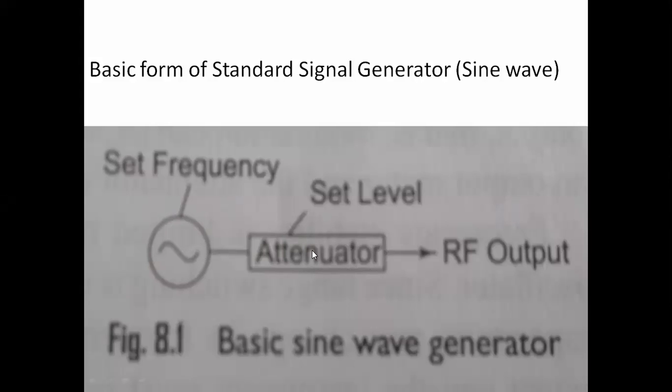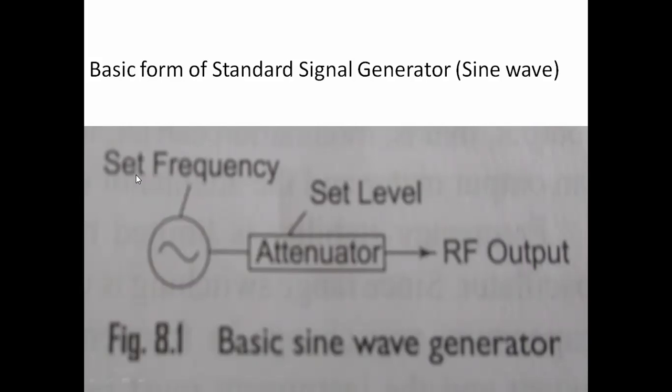So from here we can choose the range of frequency signal which is required for our operation. The operator or the observer will choose the frequency range, and the oscillator will generate the range of frequencies. For the selection of the frequency range of the signal, there is an option that is set frequency.